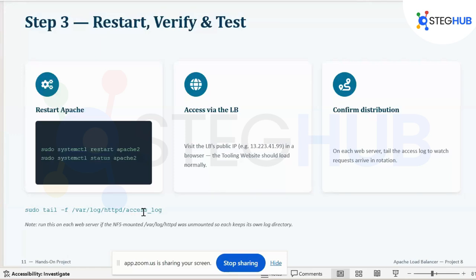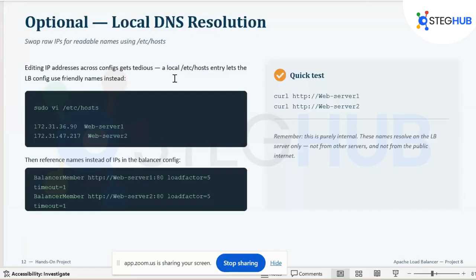Because as you refresh the tooling website, either of the web servers gets the traffic. For me, the terminal was open at the time. I refreshed the tooling website and checked. You'd notice that either web server 1 or web server 2 gets the traffic immediately, and you can be sure of that by tracing the time the traffic gets into the web server. All right, and so for this DNS resolution, it's not exactly compulsory, it's very optional, and the idea is just to